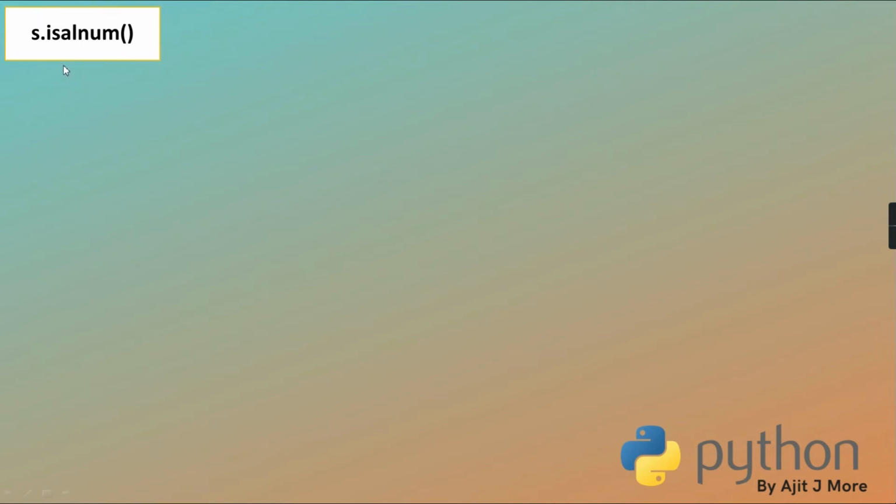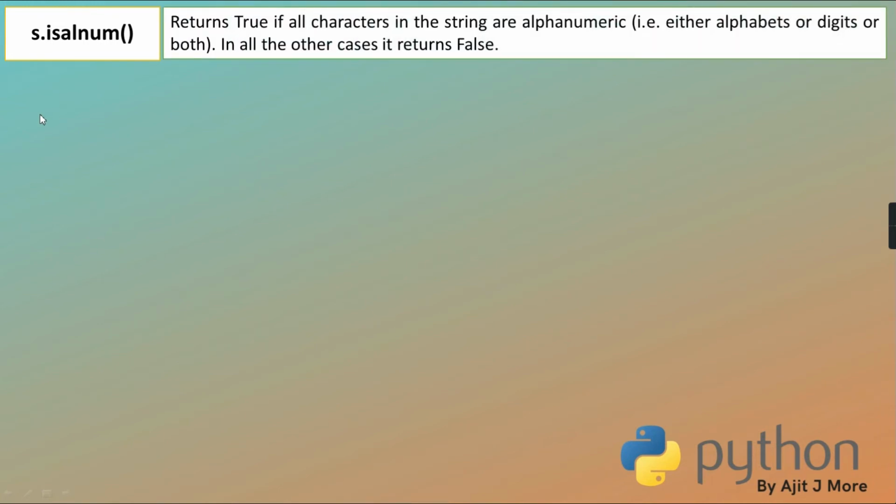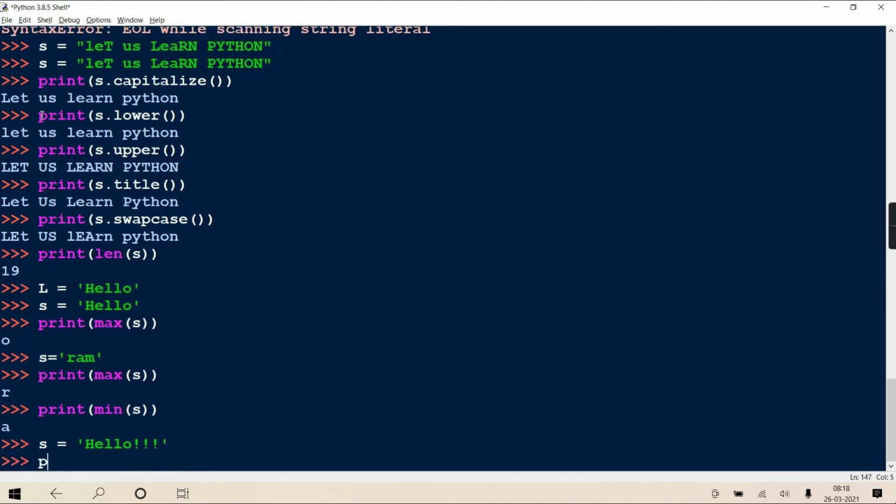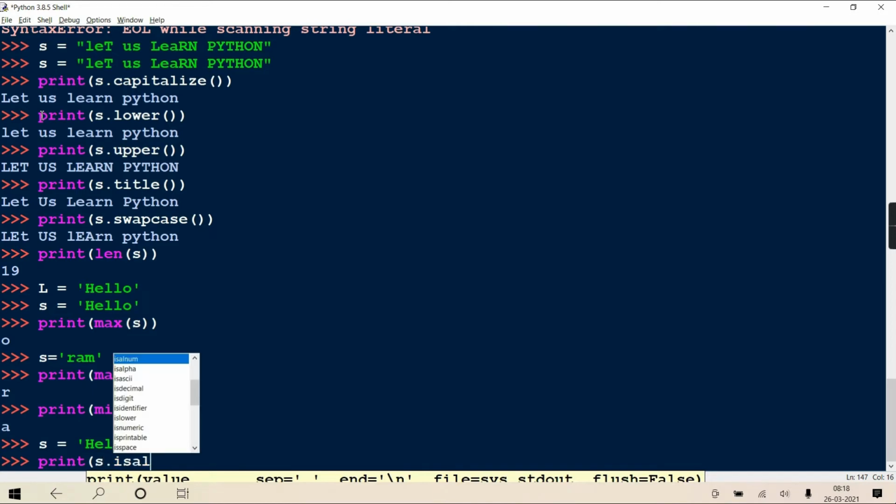If yes, it will return true, otherwise it will return false. See, it returns true if all characters in the string are alphanumeric, that is alphabets, digits, or both. In all other cases it will return false. Okay? See, S equal to, if I am writing hello with an exclamation mark, and print S.isalnum().